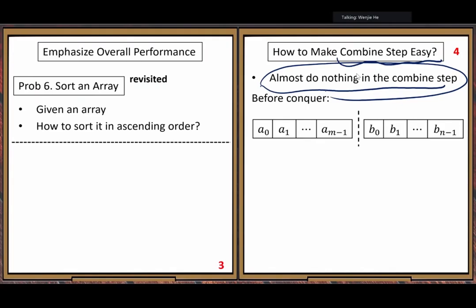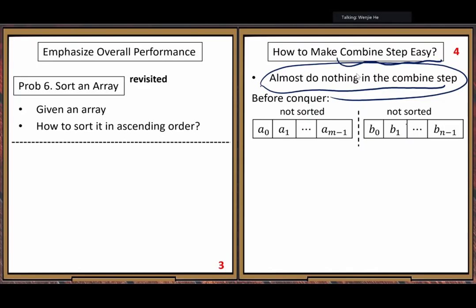After divide, some of you may want to ask how to divide them. Let's delay the divide step, because let's work on the easy step first. Combine step is easy, so we always work on the easier step first. Before conquer, each one is not sorted.